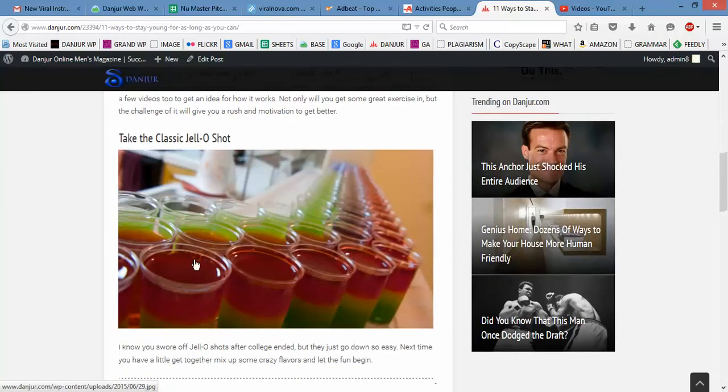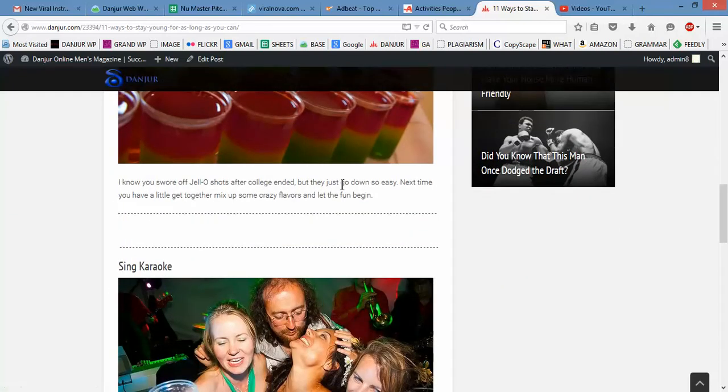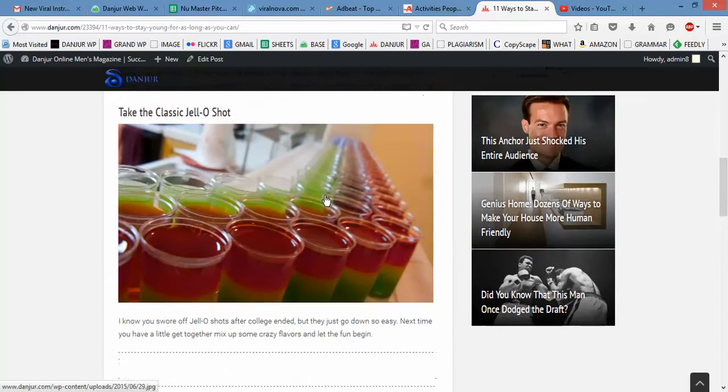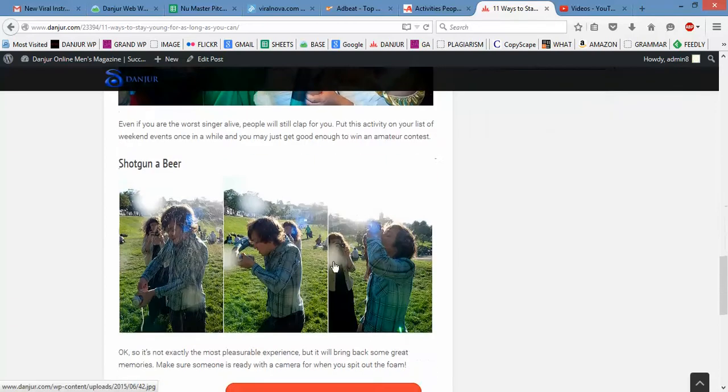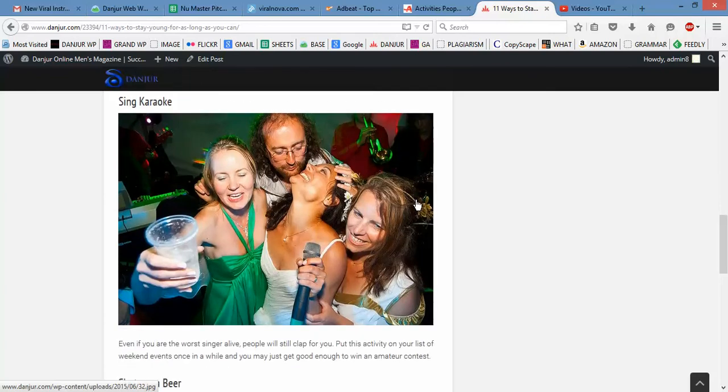Next one, got a new picture of Jello shots. That looks really cool. Put my subheading, and then a little caption. And then there's an ad code that goes in the middle. So it's 1, 2 pictures, ad code, 1, 2 pictures. This one, the karaoke one, got a new picture. These people look like they're drunk and having a lot of fun. It's kind of a silly looking picture, so I decided on that one. I thought it was fun.